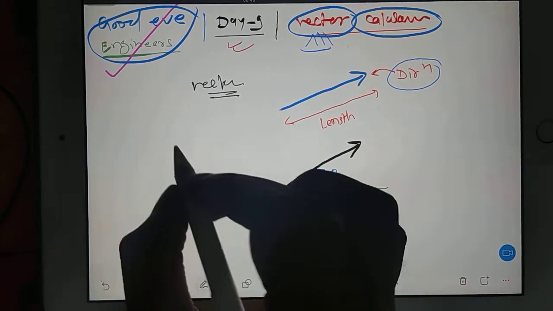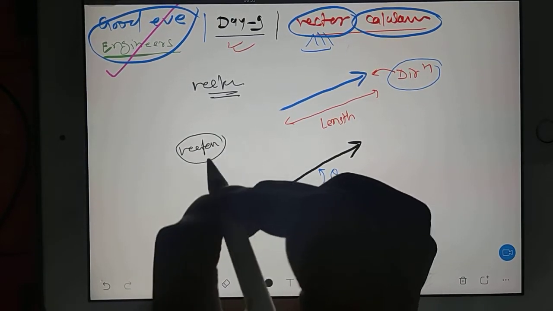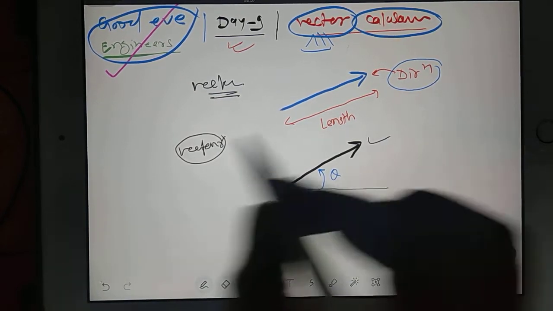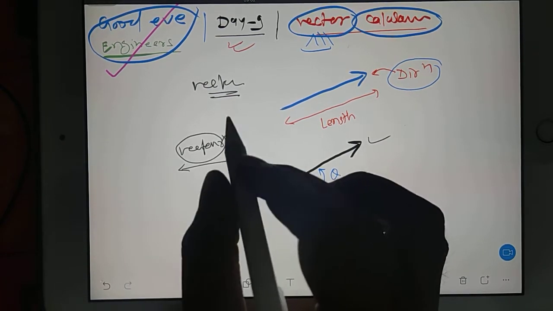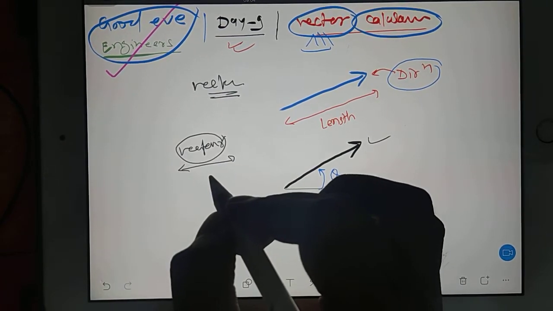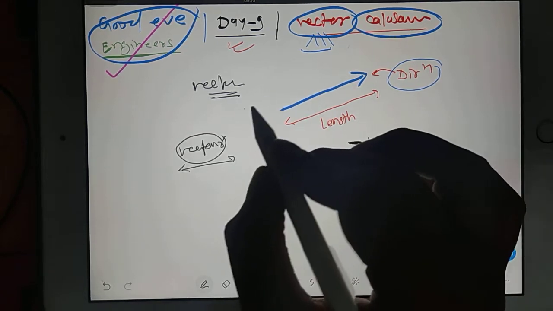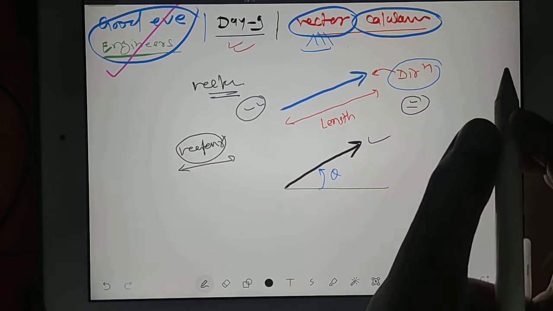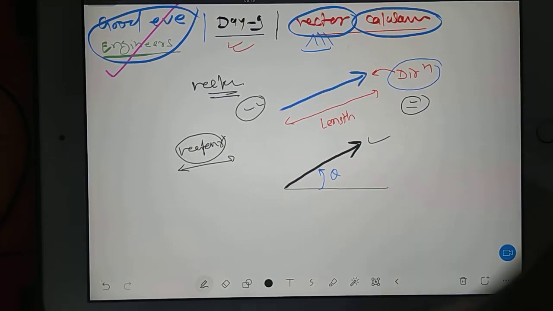Actually, any vector quantity from physics, from science, we can represent using an arrow. That vector quantity will have two things: one is the value of the vector quantity, and the next is the direction of the vector quantity. You know the basics about vector, so there is no need to go into that much detail because it is a waste of time. I will go to the applications like addition, subtraction, multiplication.